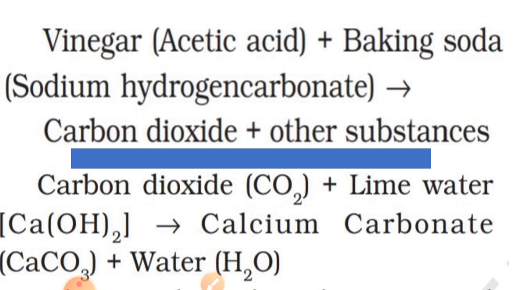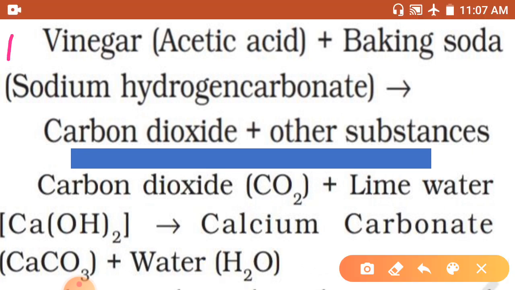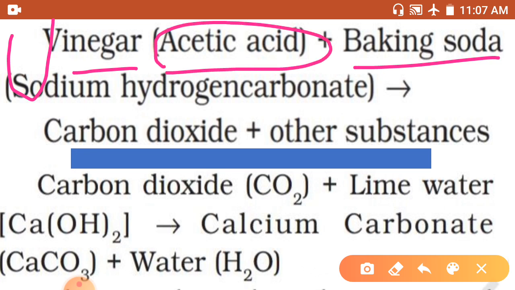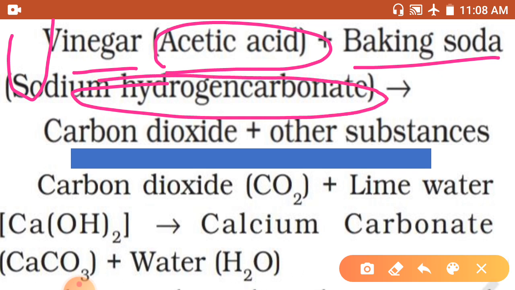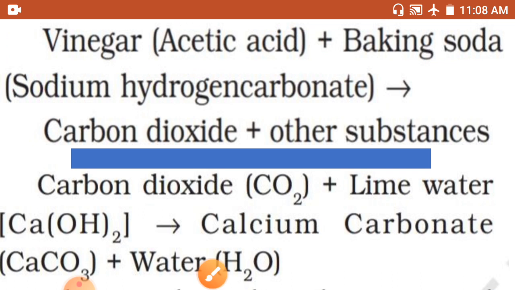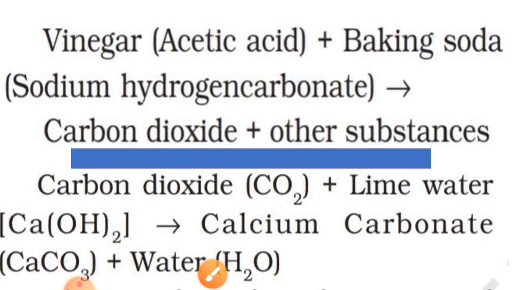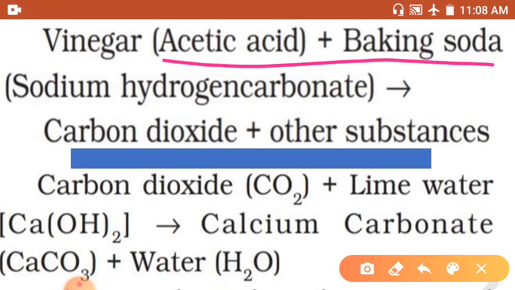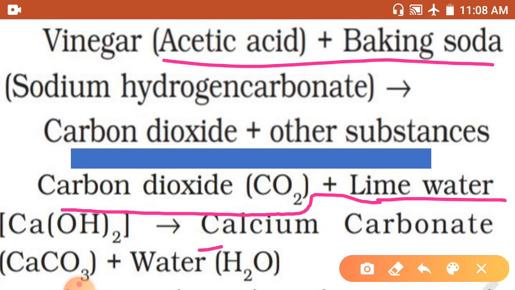Here take one test tube and add vinegar and baking soda. Vinegar means acetic acid and baking soda means sodium hydrogen carbonate. We take both in a test tube and it produces CO2. When we add acetic acid and baking soda, it makes CO2 gas. When the CO2 gas passes through the pipe and mixes with the lime water, it makes calcium carbonate